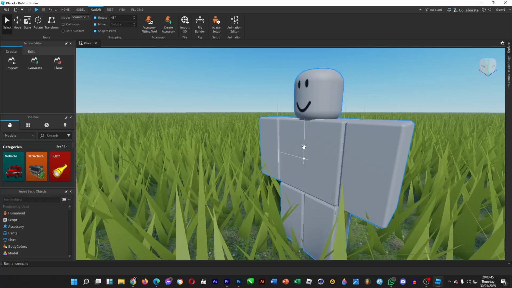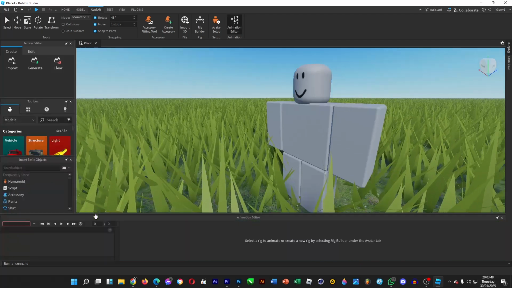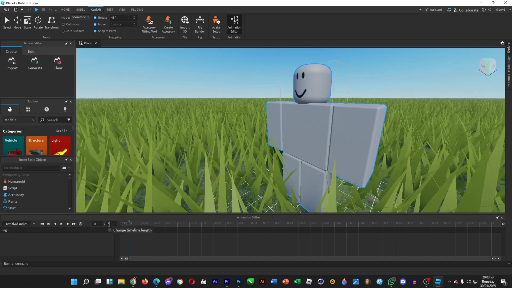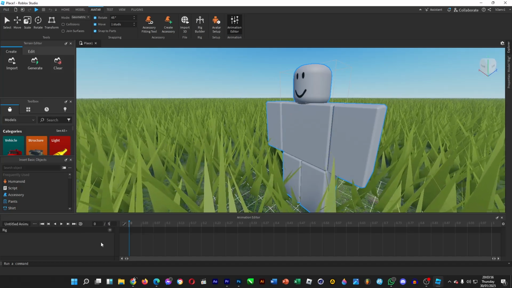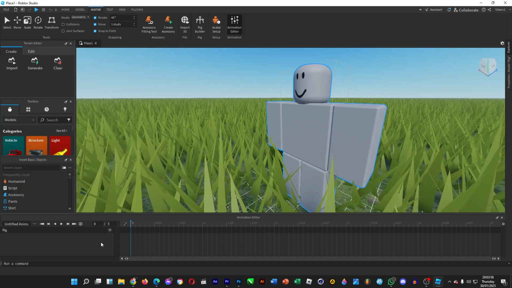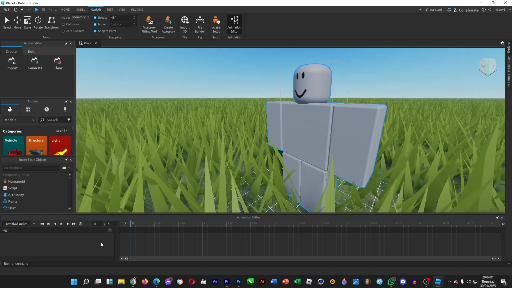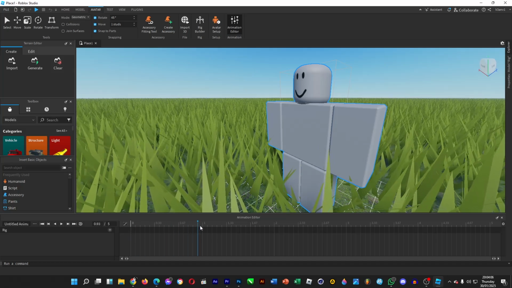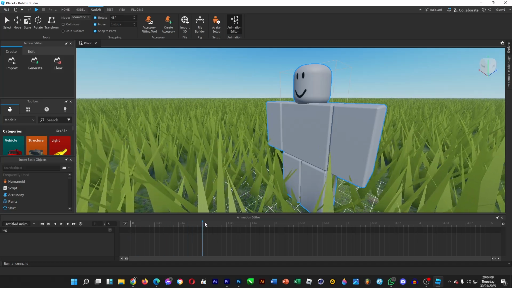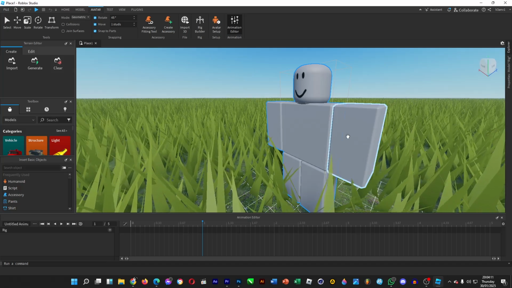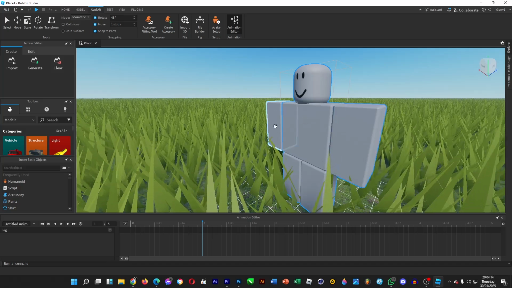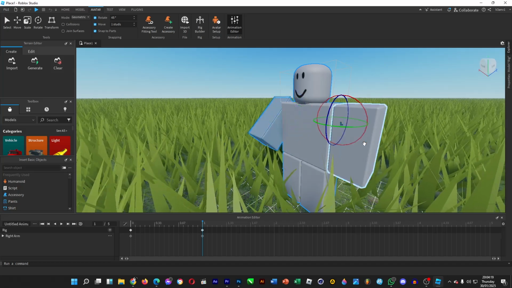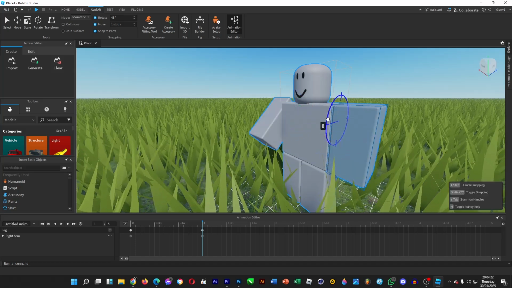To do this, select the avatar and then go to animation editor, and then afterwards click on the avatar just like this. And then let's say if you want to have 5 units for the timeline length, 5 seconds, that's to say. Let's animate the avatar. So drag the frame indicator so that it reaches 1 second, and then you can move this right hand side arm so that it goes forward, and then for the left hand side arm, bring it